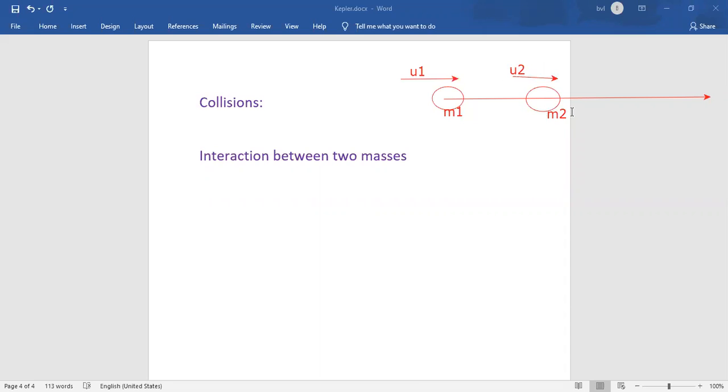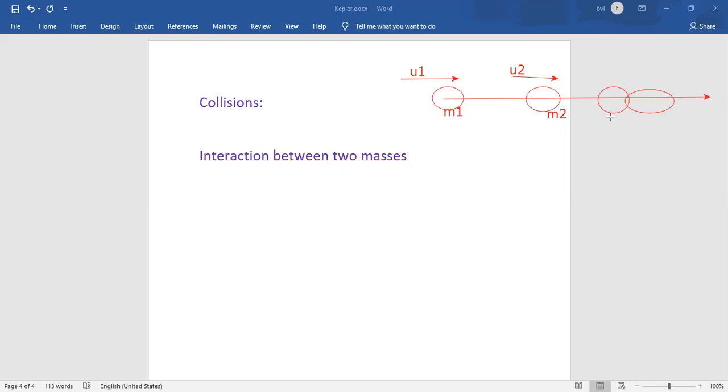When they are moving in the same direction, or they can move in opposite directions also, it depends upon the context. But for our convenience, presently we consider that both are moving in the same direction. Now they strike with each other. What happens when they strike with each other? This is the interaction. This is the phenomenon.